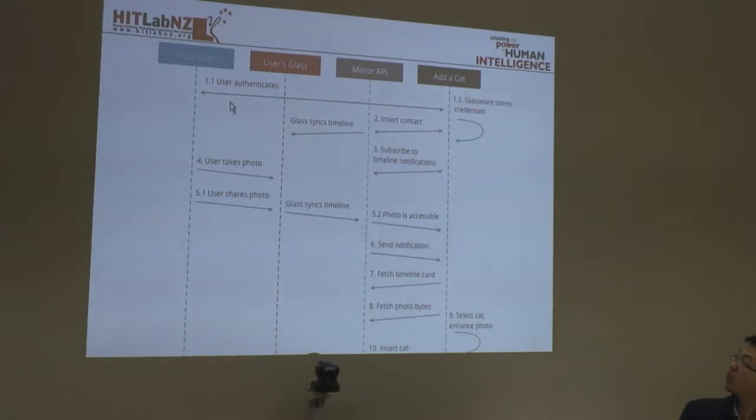Another example is once the user authenticates, you can actually insert a contact, which means a URL to your website. So the Google Glass knows your website. And the user can also take a photo using the standard feature on your Glass. And the user can actually share the photo to your website, okay? So if it shares to the website, it talks back to the Mirror API and then talks to your server, and it uploads the photo from the Glass to your web server,